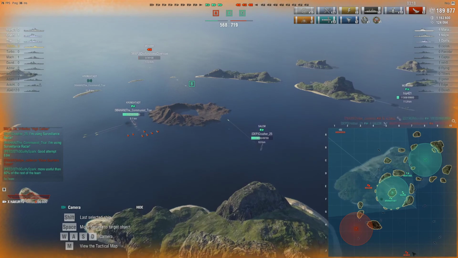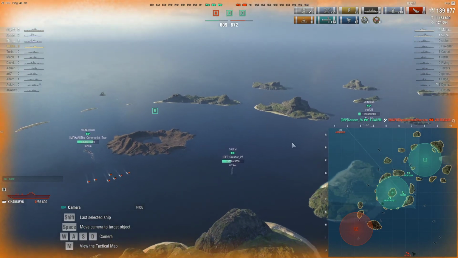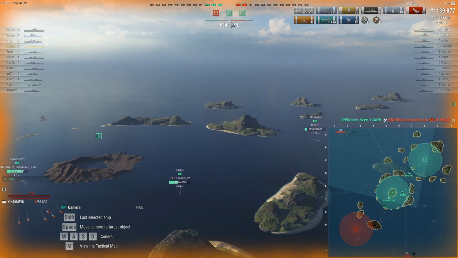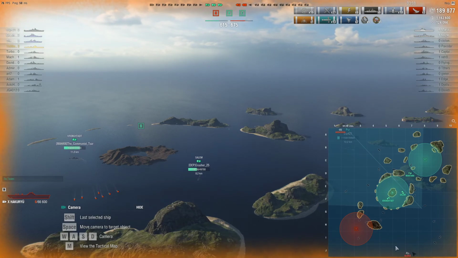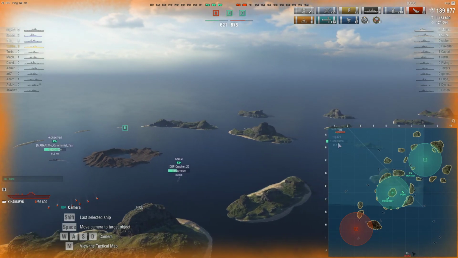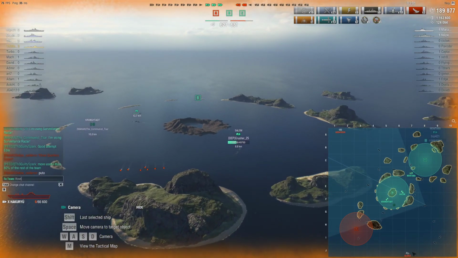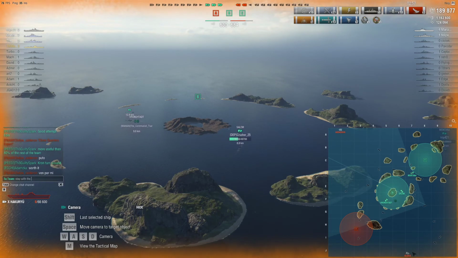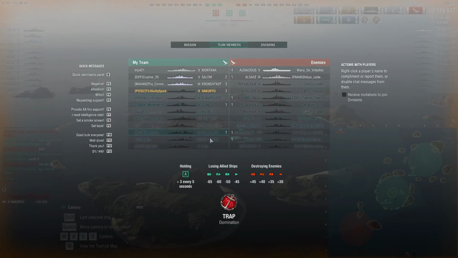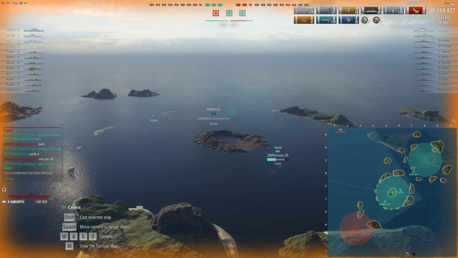So we are gonna have a cap lead, we're gonna trade for that Mogami. But you can see I have 3 low HP teammates, and we're gonna have a point lead soon. But they have a full HP Alsace on the map border. And that Montana is gonna die to the Audacious. Alright, hopefully my Kronstadt stays as...